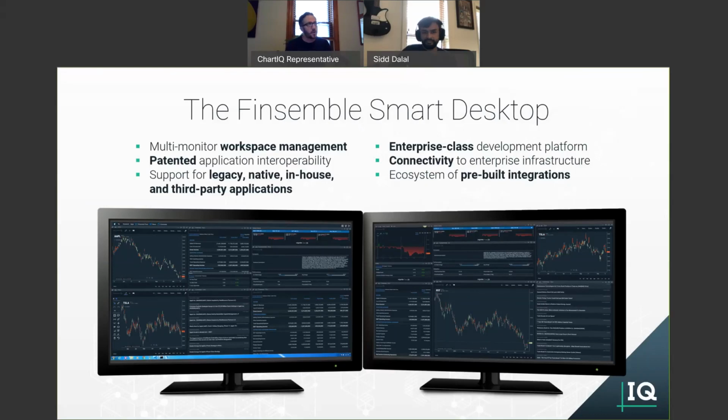So, that quick two-minute "what is Finsemble?" We refer to Finsemble as a smart desktop, the alternative being a good old-fashioned dumb desktop. In a smart desktop, everything works together. And so the idea behind Finsemble is that it provides all of the workspace management and interoperability, which we're going to